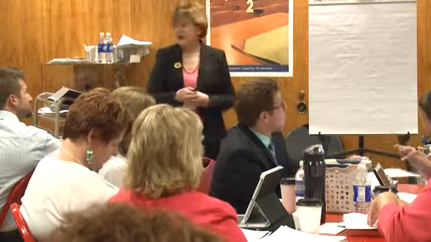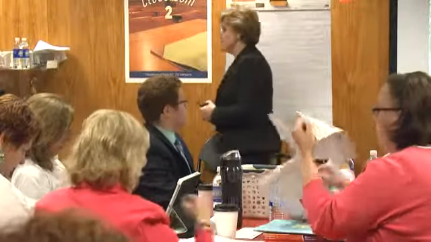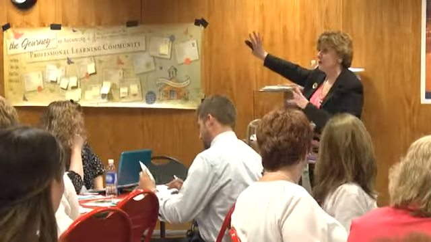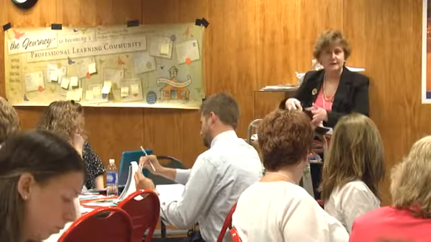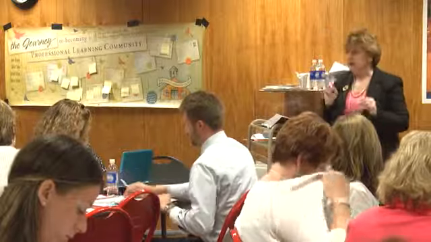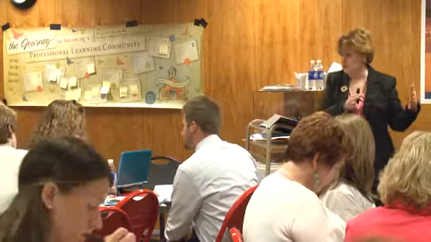What I'd like to do next is have you turn to page 44 in your handout material. It's towards the end. Then we're going to flip back. And I would like you to identify by circling a section of that. It's sort of a version of this chart. This belongs to Solution Tree, but they do not have a handout, and I didn't want to duplicate it exactly, so I gave them credit and just made something similar to that so that you would have a handout. But look at this diagram, and I'm thinking most of you are probably going to be towards the left because you said you're sort of just starting out.